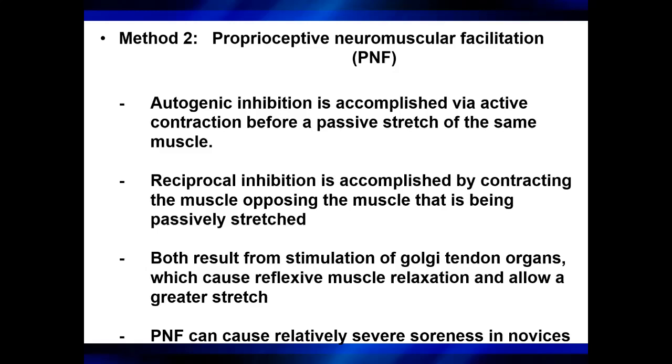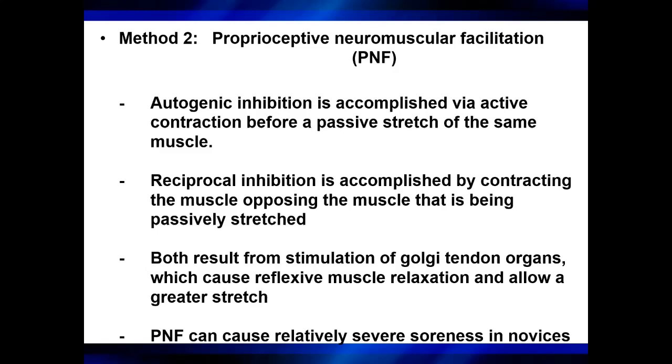There's two types of inhibition that you're trying to establish here: autogenic and reciprocal. With autogenic, you are actively contracting a muscle prior to passively stretching that muscle. And the idea is that you're trying to fool that proprioceptor by contracting it first and then moving immediately into that passive stretch. With reciprocal